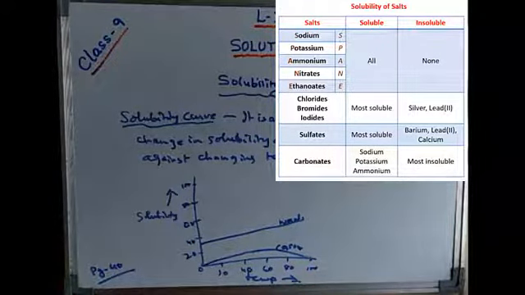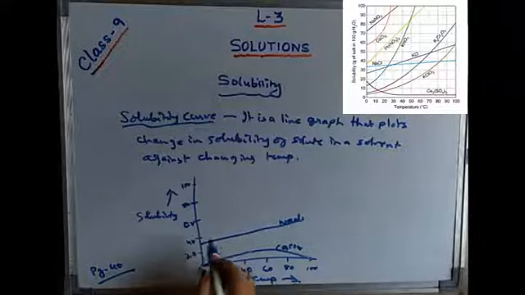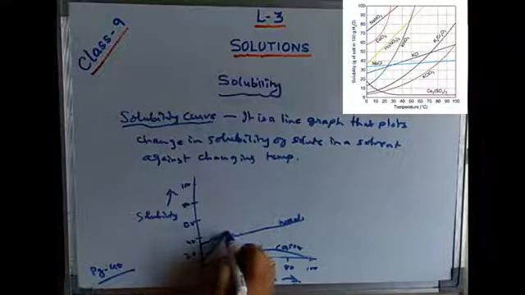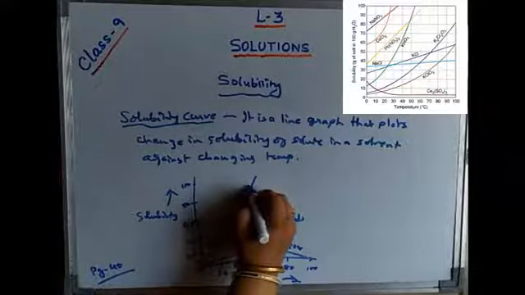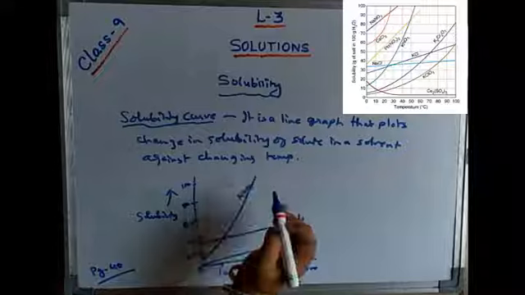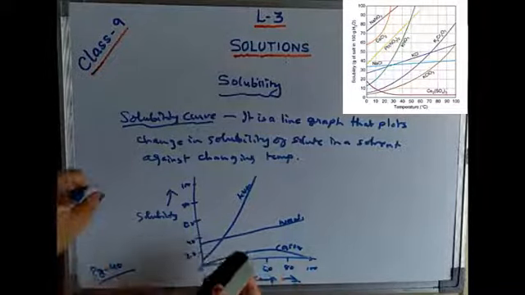It is the peculiar behavior of calcium sulfate crystals. And a few examples I have told you, potassium nitrate: you will see it increases with the rise of temperature, like this. Then I have told you sodium nitrate; these are all directly proportional. In this way, we come to know the behavior of certain salts, and we have plotted them on the graph. Now we will see the anomalous solubility of one salt, which is known as Glauber's salt, that is crystals of sodium sulfate.